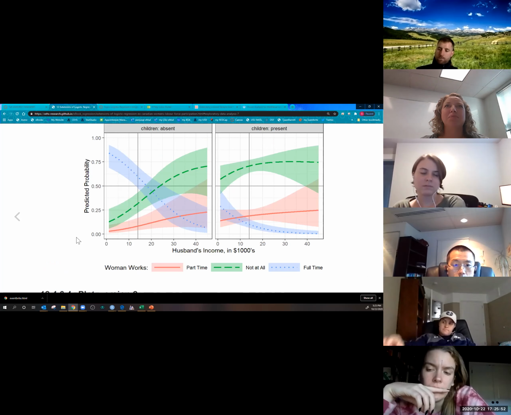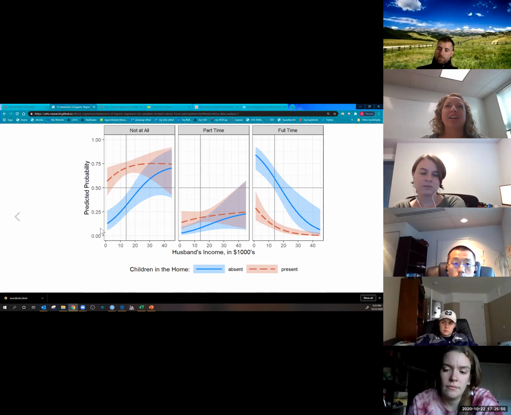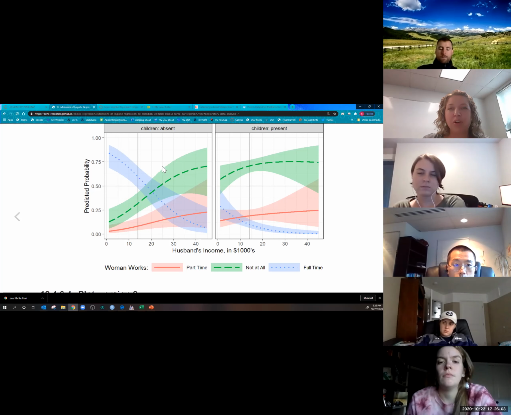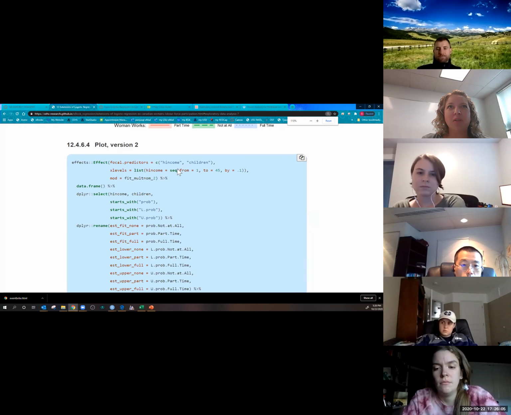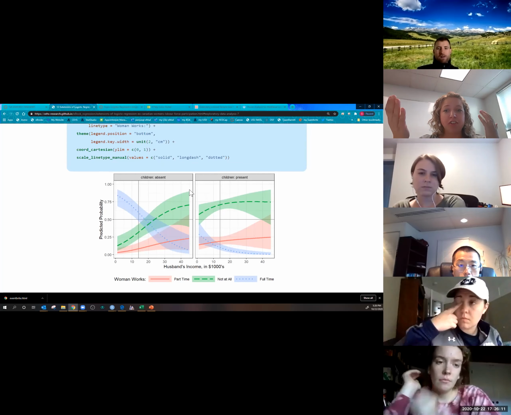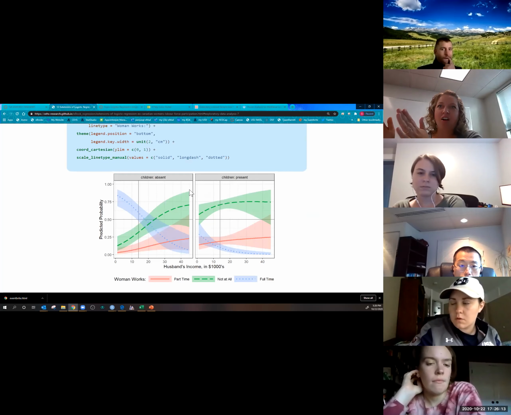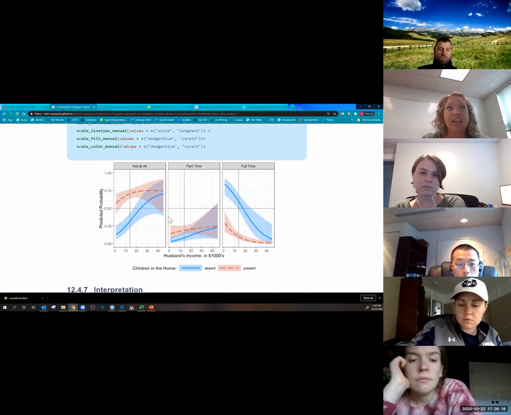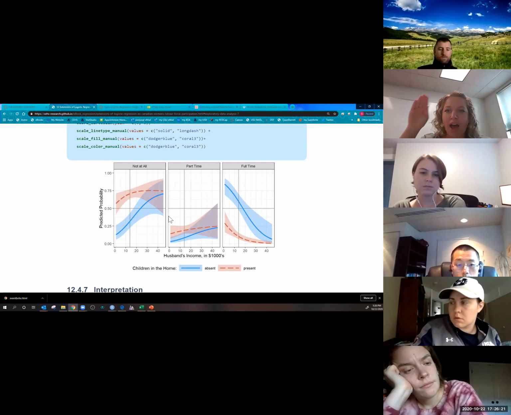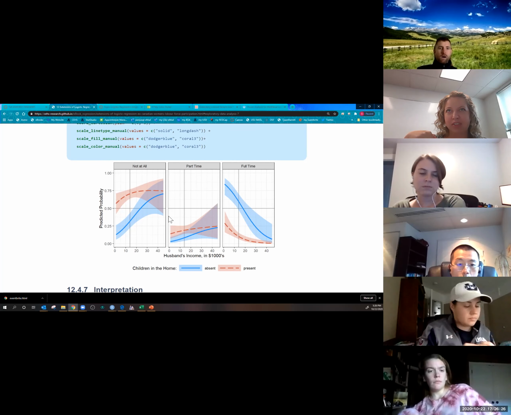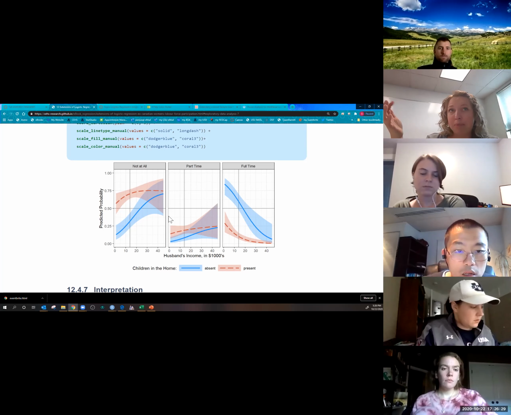Okay, so this is plot version 1, and I did another plot. This plot is paneled by whether or not there's children. I'll just tell you, there is always more than one way to make a plot. It depends on what you want to focus on, the story you want to tell. This is very helpful if you're saying, given that there's no children or given that there are children. But another way to present this plot could look like this. I have a panel for each type of working scenario, and I have a line for children present or not present. Sometimes this tells the story better.